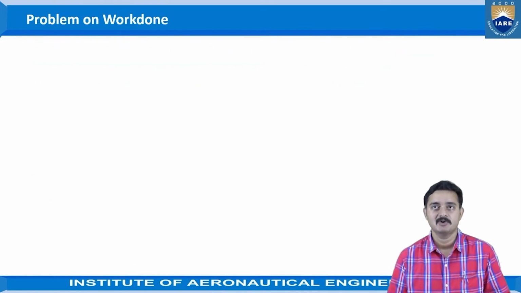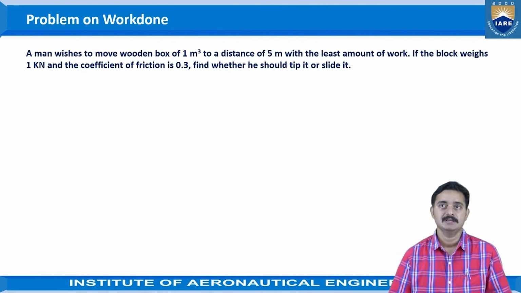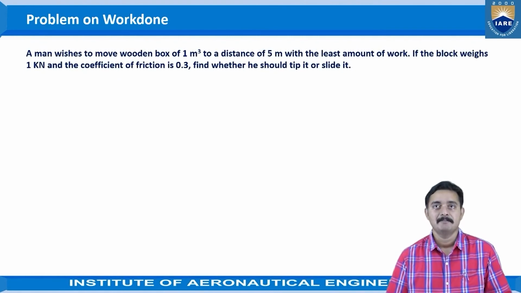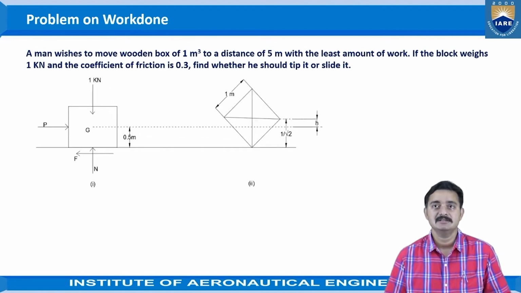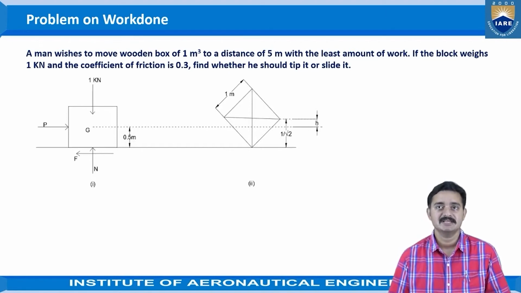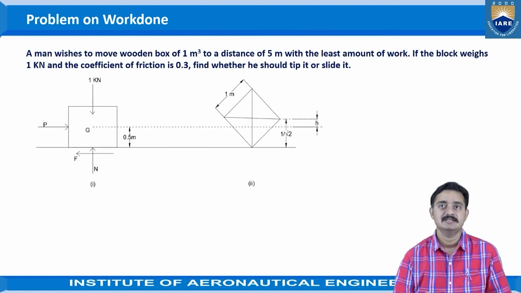Let us see the problem on work done. The problem given is: a man wishes to move a wooden box of 1 meter cube to a distance of 5 meters with the least amount of work. If the block weighs 1 kilonewton and the coefficient of friction is 0.3, find whether he should tip it or slide it. So this is the problem given, where in the first case